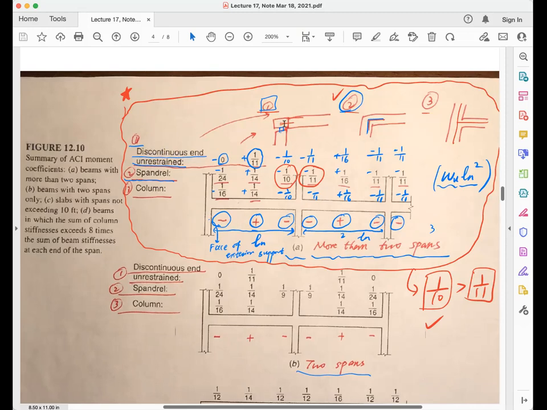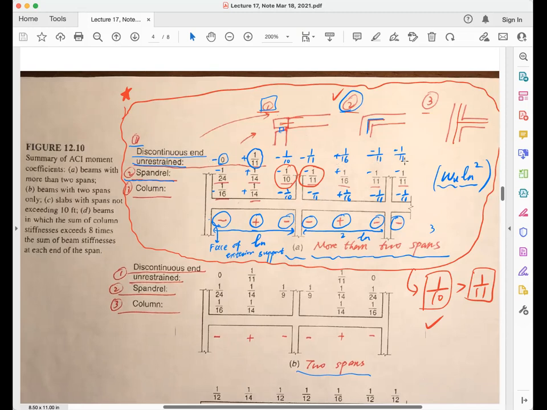Similar like that, right? They're just simply supported. They're not poured together, cast together, okay? Meaning free to rotate. Free to rotate, no moment translated from the beam or slab into the column or vice versa, right? No moment translation between the members. So that means unrestrained, free to rotate, okay? This is called scenario one, meaning if you have end condition like this, you're going to follow the first row